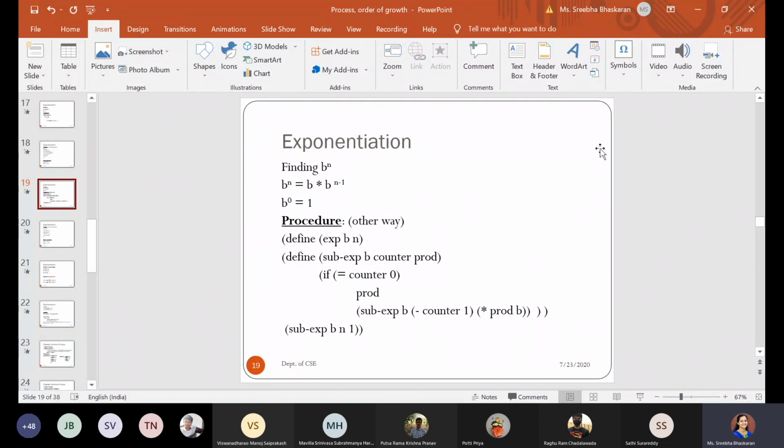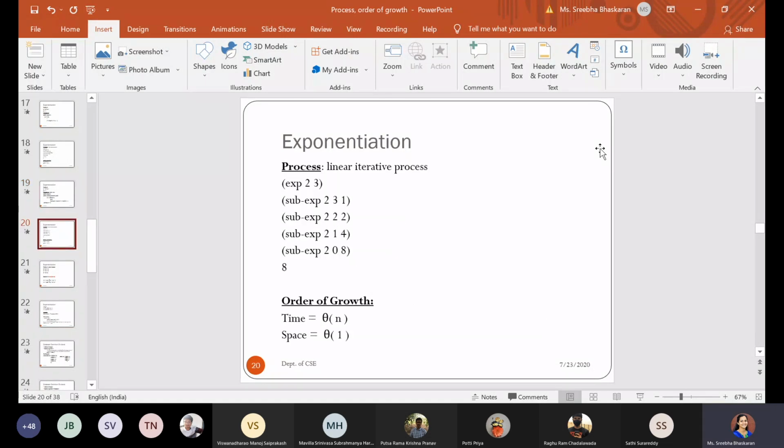The order of growth in terms of time as well as space varies from the previous method. Here also the number of steps depends on the n value, so it will be theta of n, whereas the space complexity is reduced. It becomes constant, because we require only three arguments to pass the values.